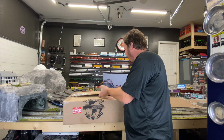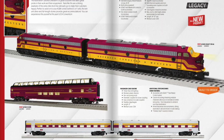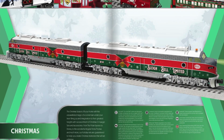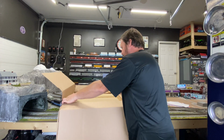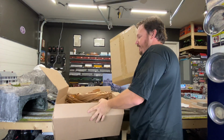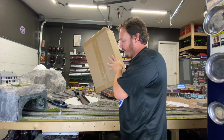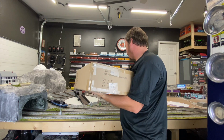So when Lionel announced these in the 2023 Volume 1 catalog, they offered a few different paint schemes. They had the Amtraks, the Southern Pacifics, Aberdeen, Carolina, and Western, along with a Christmas version of it that probably has, I'm sure, some kind of Christmas sounds, maybe. I'm not sure. We'll see who grabs those. I think RBP got the Christmas version of it, but they also offered